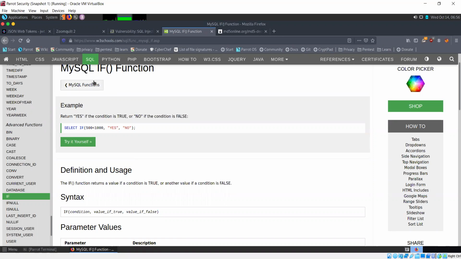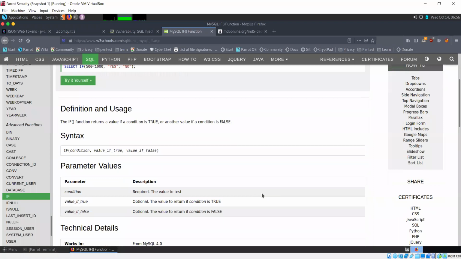Based on a condition, whether it's true or false, if it's true, it's going to return the first parameter as output, and if not, then it's going to return the second one if the condition specified here is false. So 500 less than 1000, this is going to return yes.